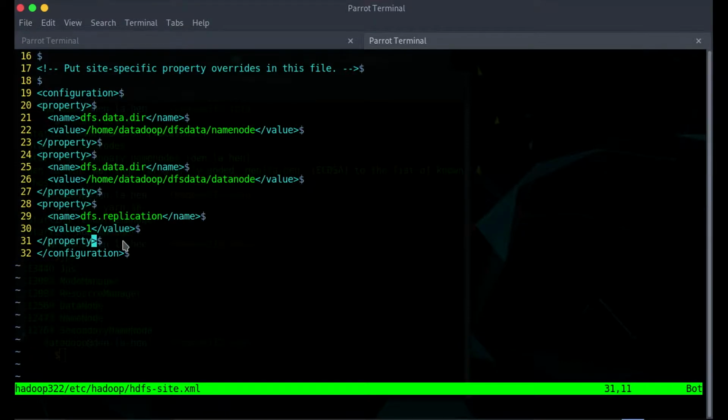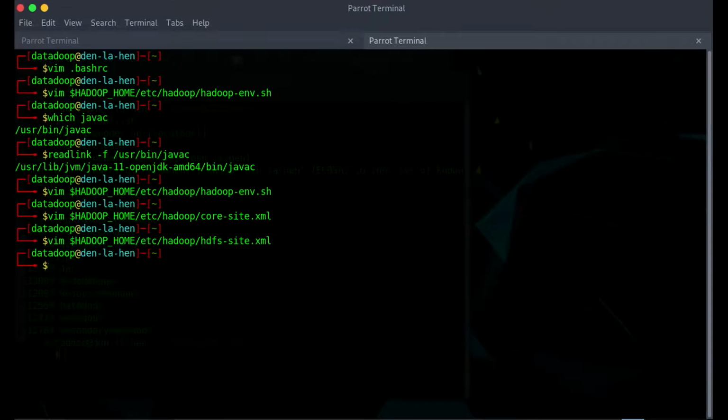Here you have to replace this data Hadoop name with your username, the username that you created for running all these MapReduce jobs without any root permissions. The first property has been created for the name node of the Hadoop framework. The second property has been created for the data node. After you type all these, again press escape :wq and exit the editor.